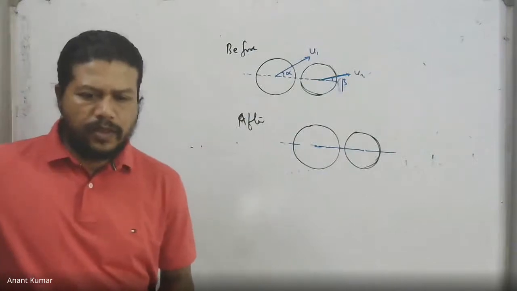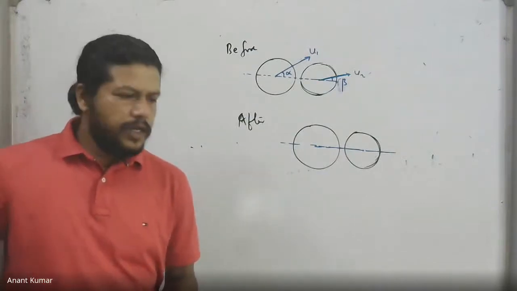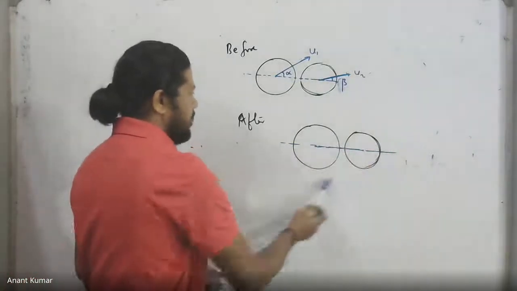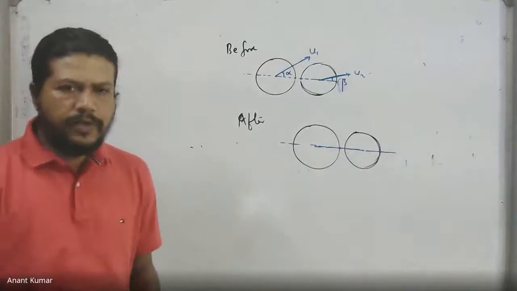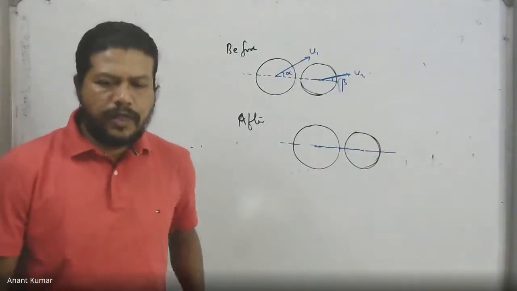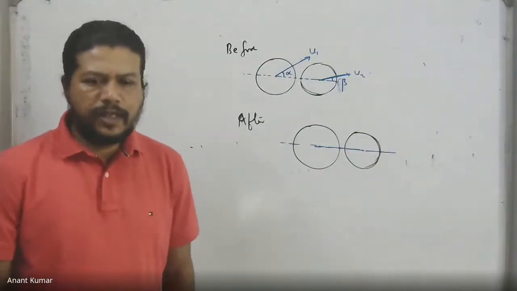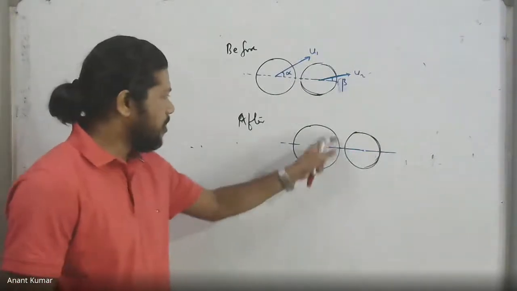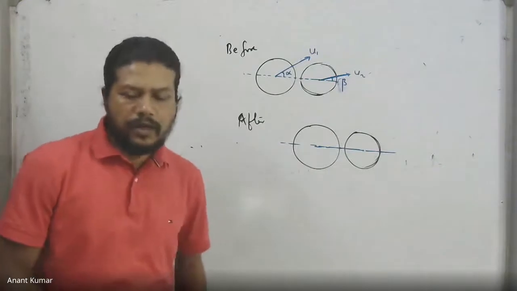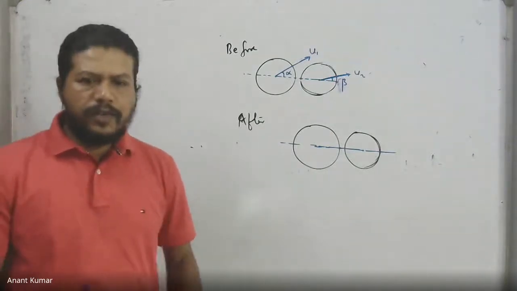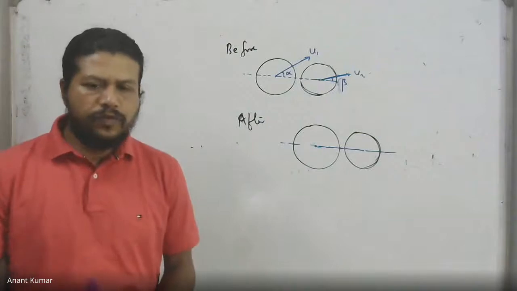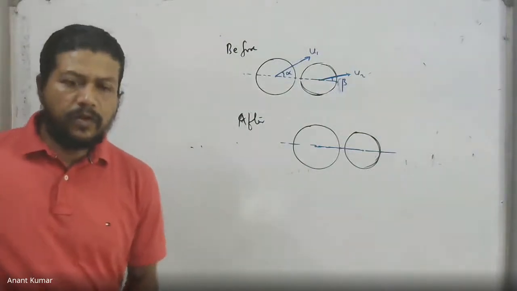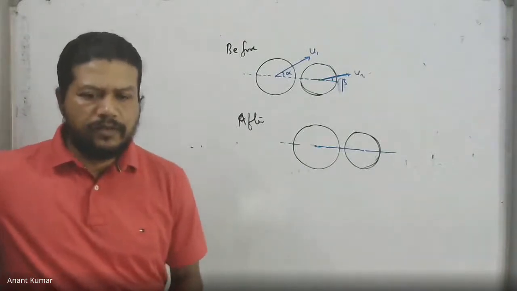Let us say, for example, that the easier thing to do in this case is to consider the fact that because the impact has taken place along the line that joins them, any changes in velocities will also appear in the same direction as well. The other direction, the direction of the perpendicular, is normal to the line joining centers. If the spheres are smooth, there's no friction. In that case, not only the momentum, the velocities will be conserved actually.